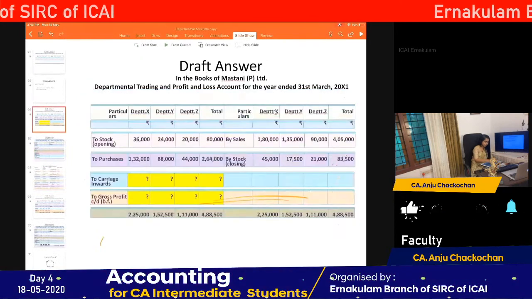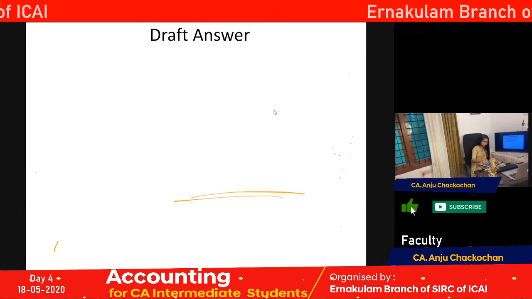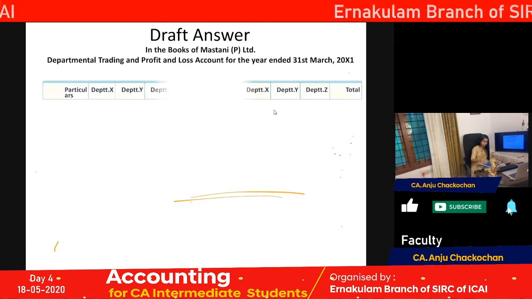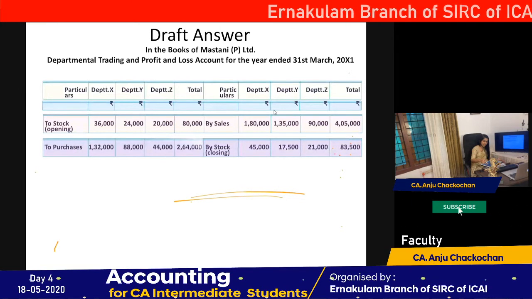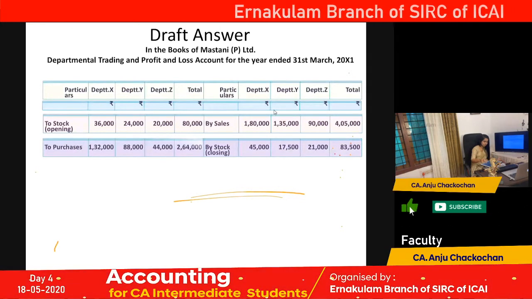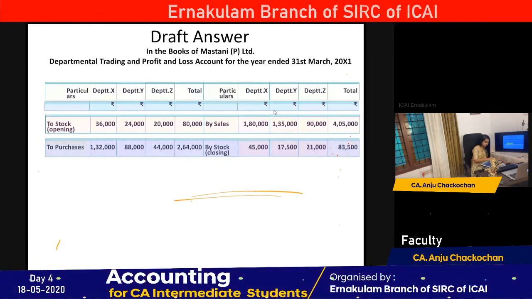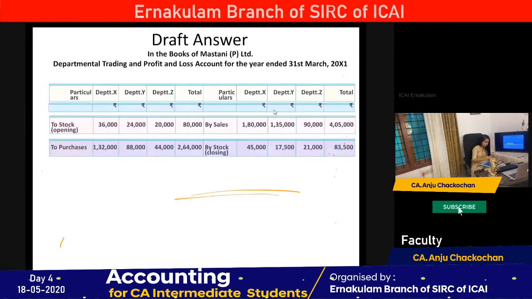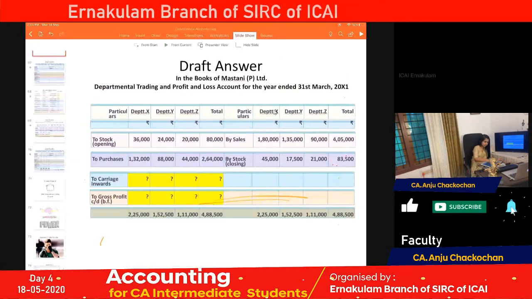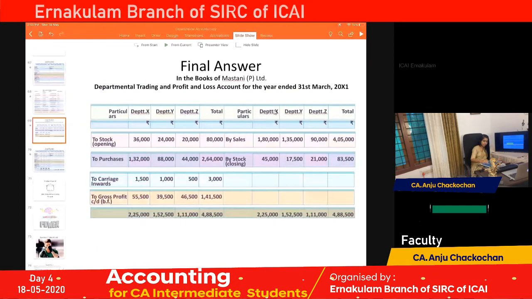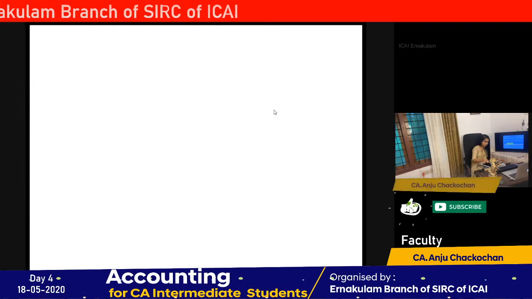Okay, here we go. All right. See, opening stock is given, sales is given, purchases is given, closing stock is given, even the carriage inwards is given, and the gross profit is also given. So if you check for the departmental trading, the carriage inward, you will have to compute the